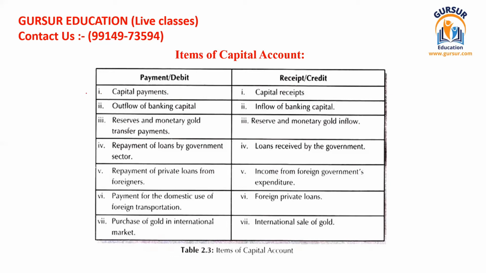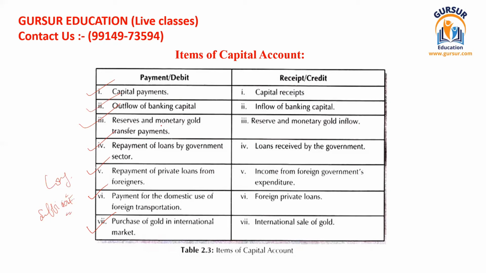The first payment can be capital payment, then outflow of banking capital, reserves and gold transfer payments, repayment of official loans, repayment of private loans, payment for domestic use, foreign transportation, purchase of gold. You can see that all these things are of a long-term nature, and they include amounts which are sufficiently large enough to be differentiated